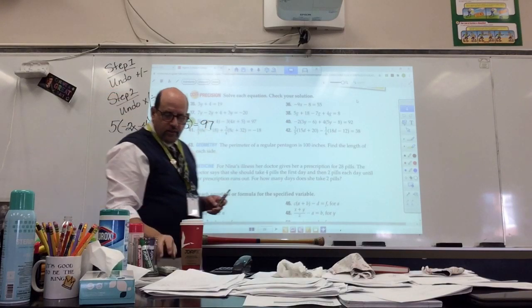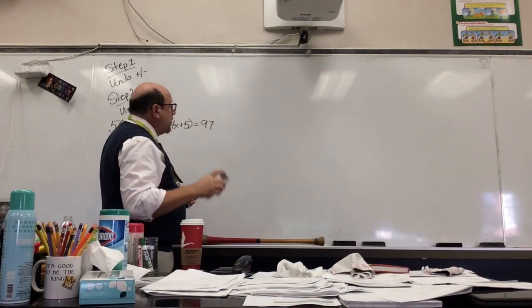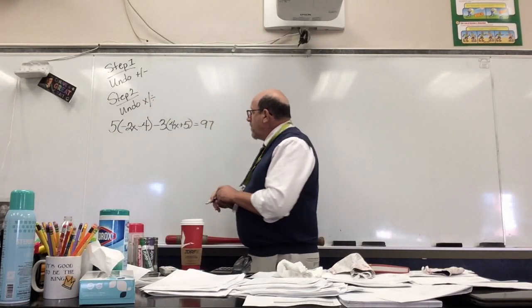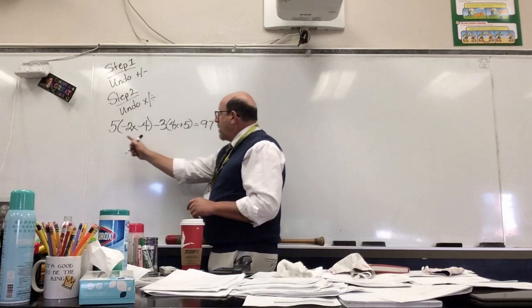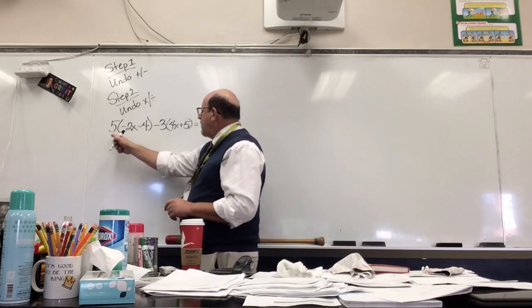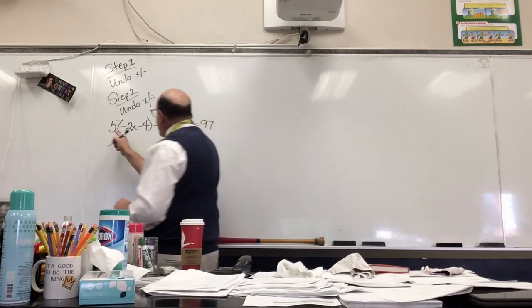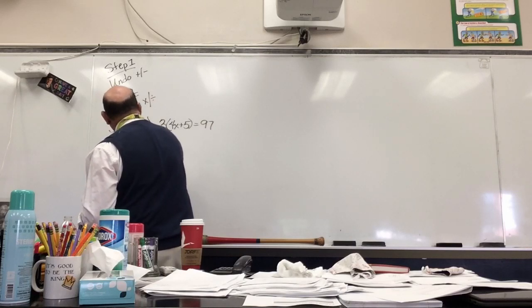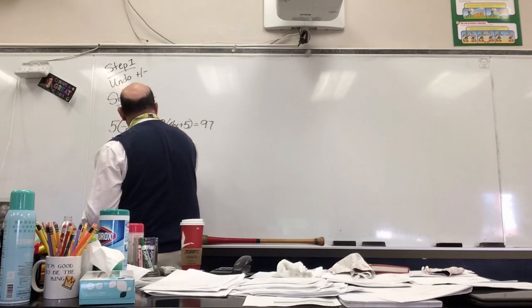equals 97. And I'm sorry I'm writing on top of this. Maybe I'll shut this down so I can do the work on it, and then you'll be able to see. I'll bring this up a little bit later, but I want to show you how this works. I'm going to multiply both pieces inside by 5, right? And so 5 times, I'm going to write it out, 5 times negative 2x minus 5